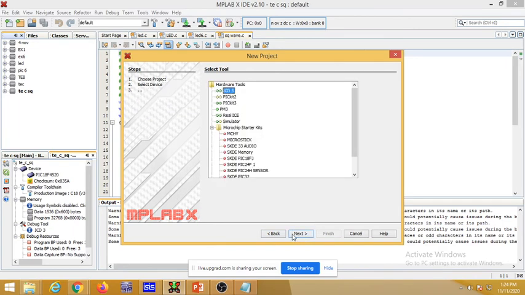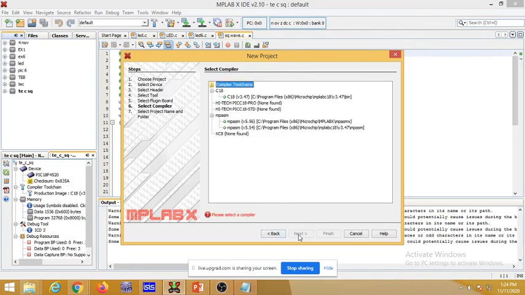Then next, then hardware tools are available. When you want to transfer this code onto a hardware kit in the laboratory, at that time you use PICkit3 as a hardware tool. But just now we are not performing on a hardware kit, and that's why I'm not choosing any hardware tool here. I will just go for Next. But suppose we are performing in the lab, we use PICkit3, because the laboratory kit has this PICkit3 on that board.